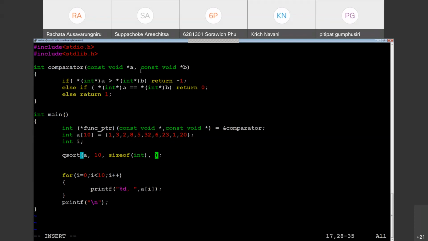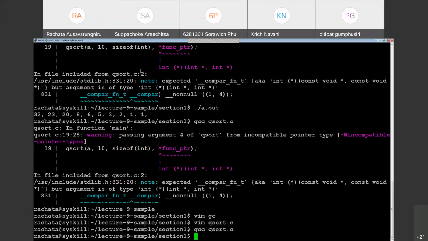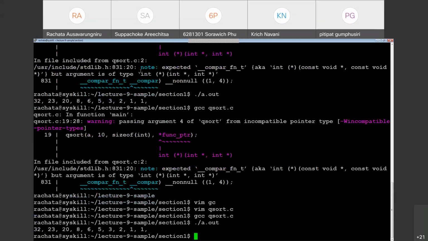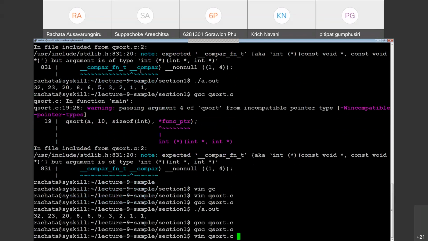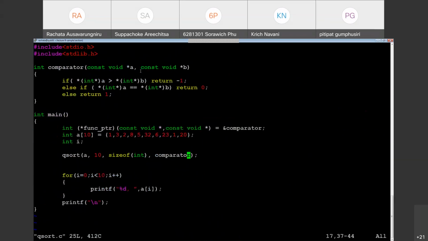Instead of passing a function pointer, I think you can do this as well. So you can basically pass in a function name and you're done. So in that case,